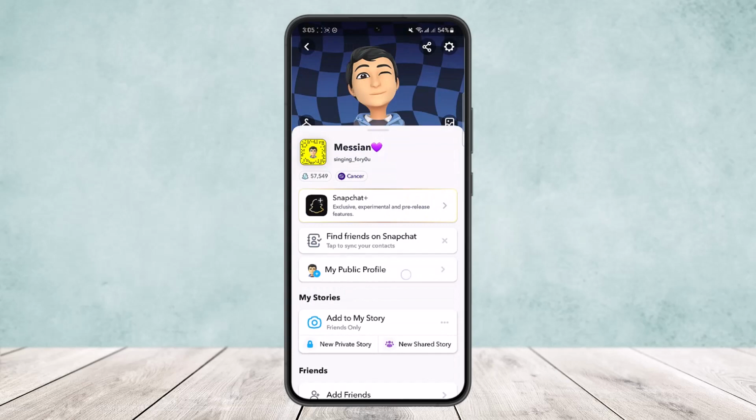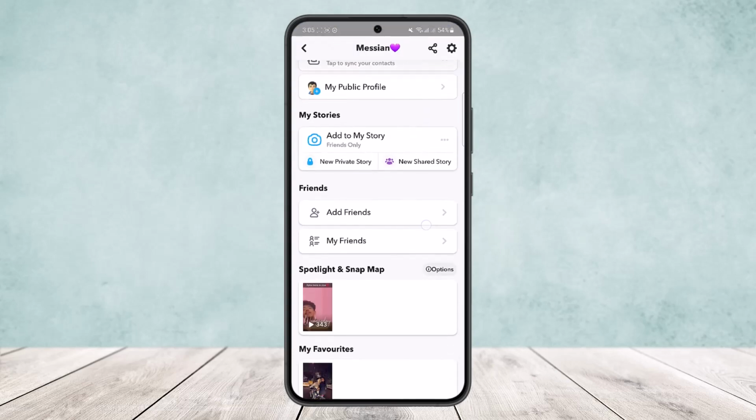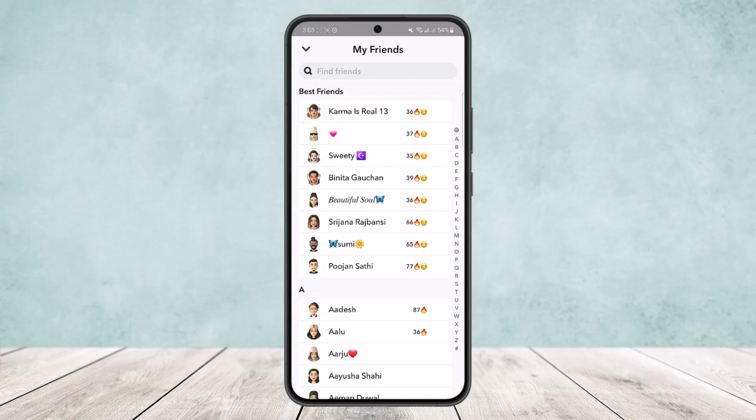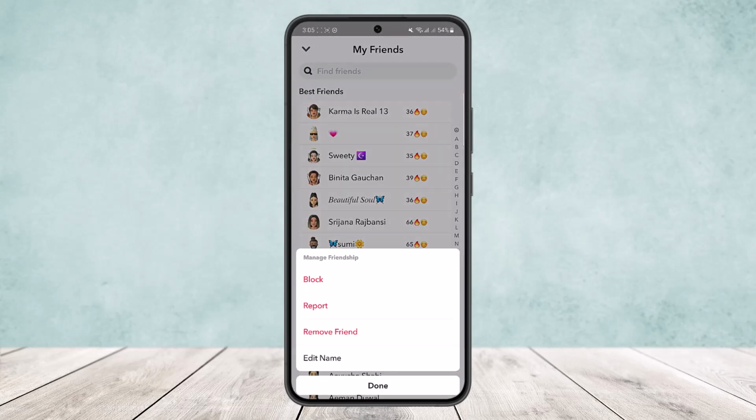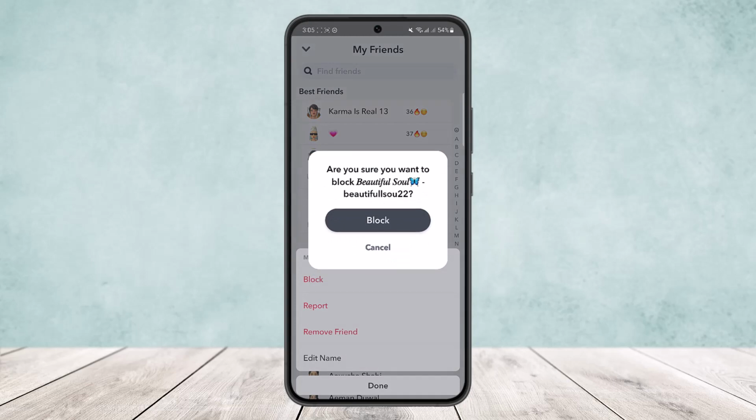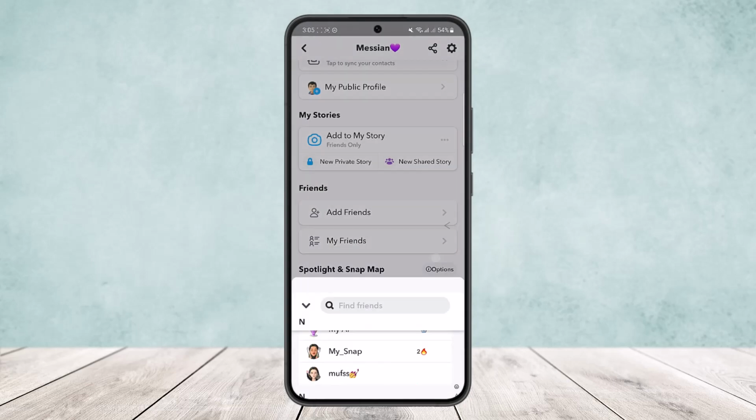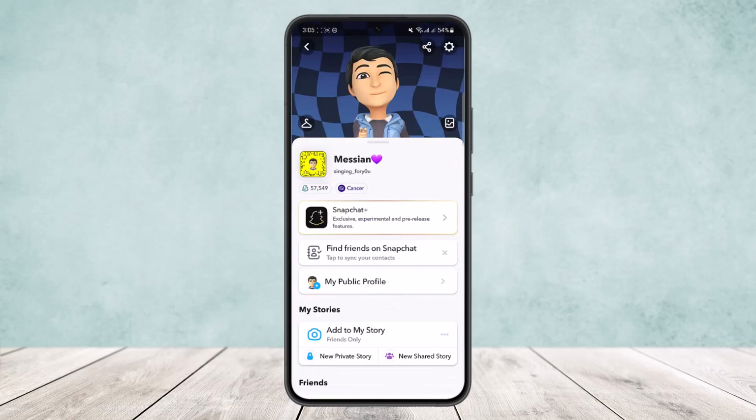Now if you head into your friends, you can see the friends option here on the profile. Head into my friends, long tap, and head into manage friendship. You'll be able to block them from here. However, if you want to unblock a particular someone, what you want to do is head back to your profile